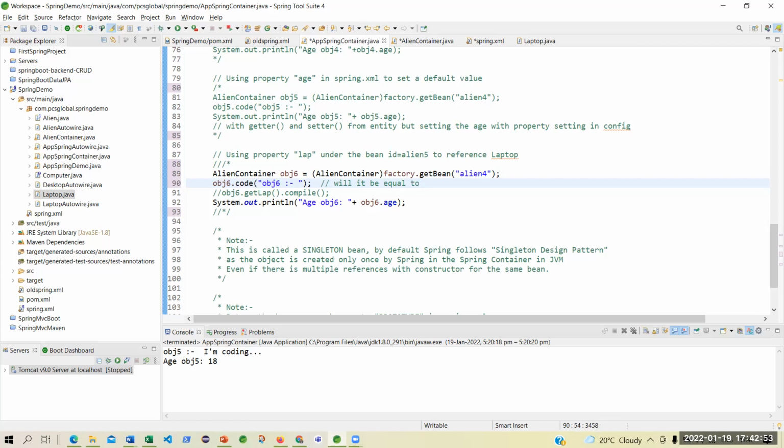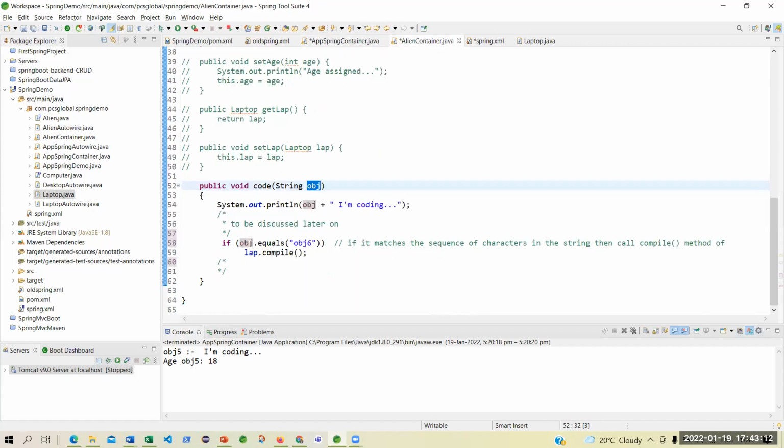Think of it. What is it? It is this string. I'm checking this string where I am saying this object, what is that object? I have given this name only. This is a string obj.